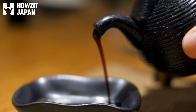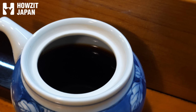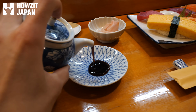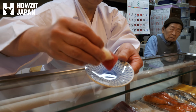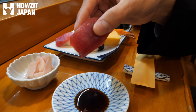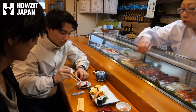One common mistake that many foreign visitors make when dining at a sushi restaurant is pouring too much soy sauce into the dish. Not everyone does this, of course, but restaurant owners often notice that after foreign guests leave, the soy sauce dish is completely empty. Don't pour too much. If you need more, you can add it later. In Japan, there is a cultural habit of using just a little soy sauce, a value deeply rooted in Japanese culture. When dipping sushi in soy sauce, make sure to lightly dip the fish side, not the